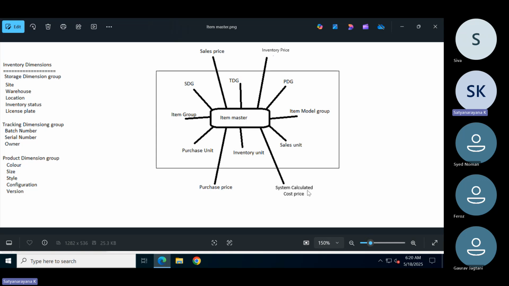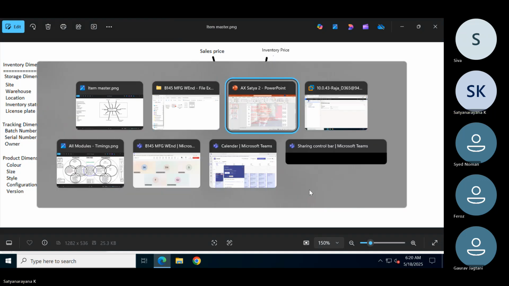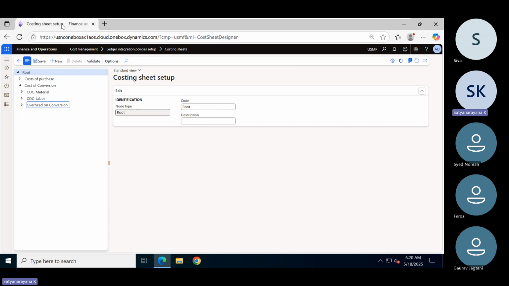That is called inventory costing. Okay. So FIFO, LIFO, weighted average, and moving average, there are methods. Standard cost is also there in the item model group. If I go to the item model group,